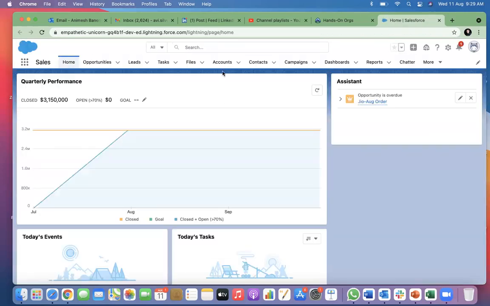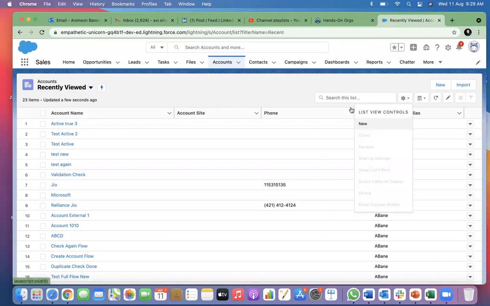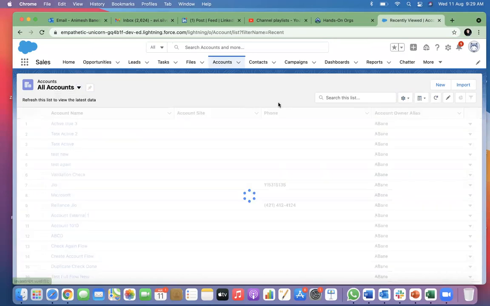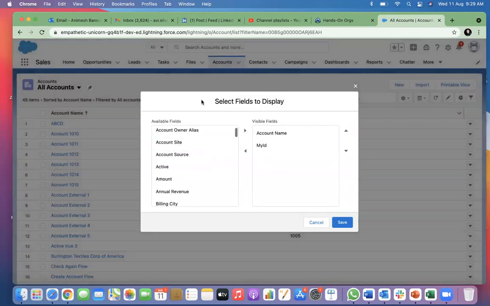So we are in Salesforce. Can I see that ID which I was talking about? Let's see. I change this to all accounts. Select fields to display.